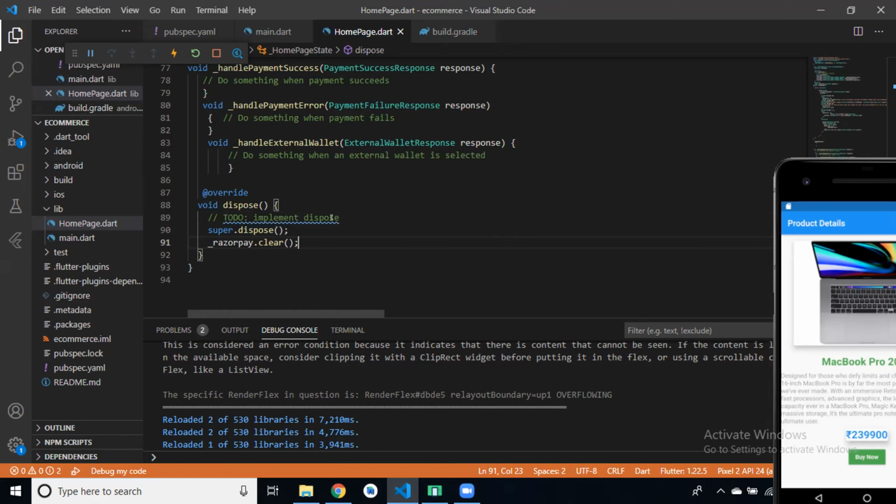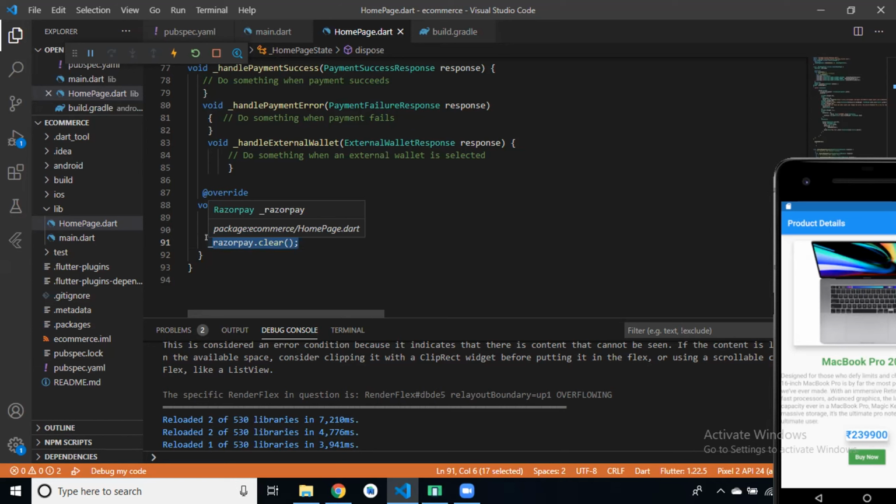The framework calls this method when our application is complete, and then we have to remove all the listeners from our class that we initialized in our init state. Clear? Yes or no?